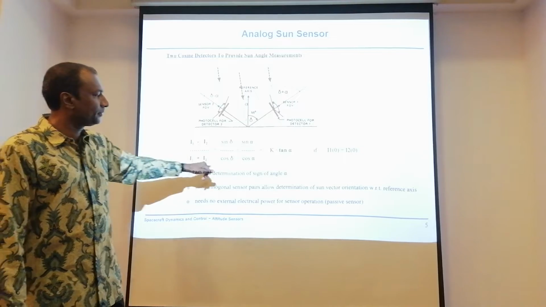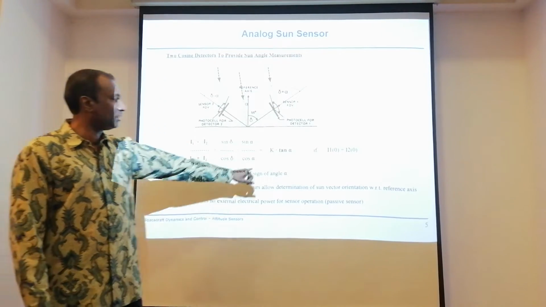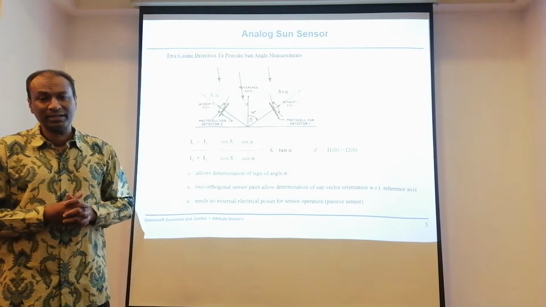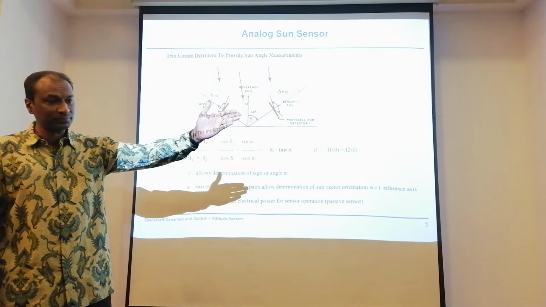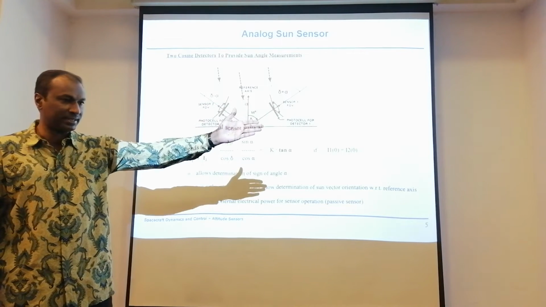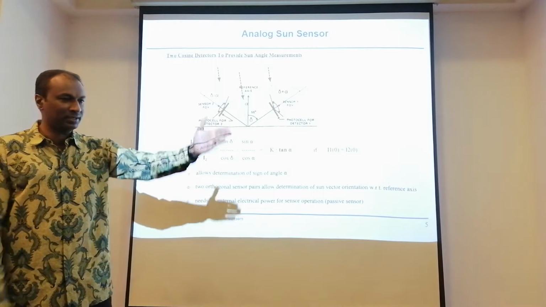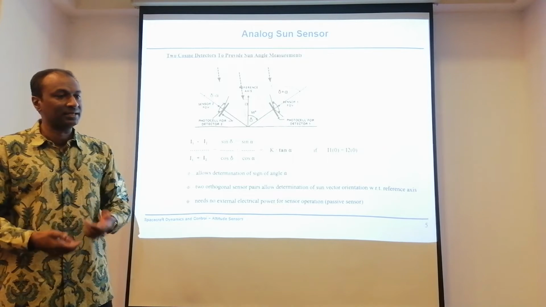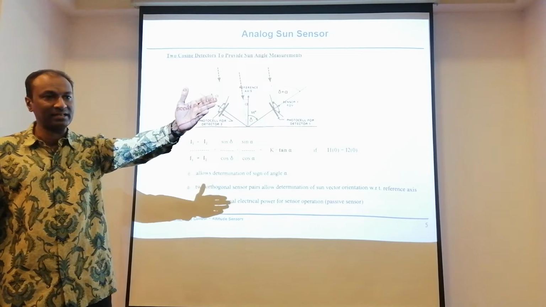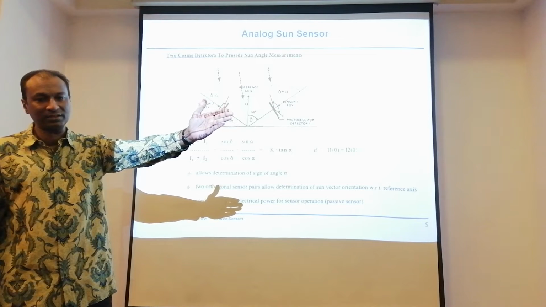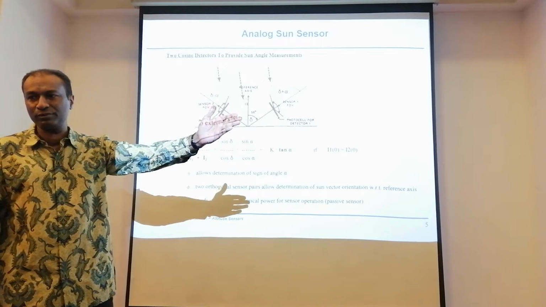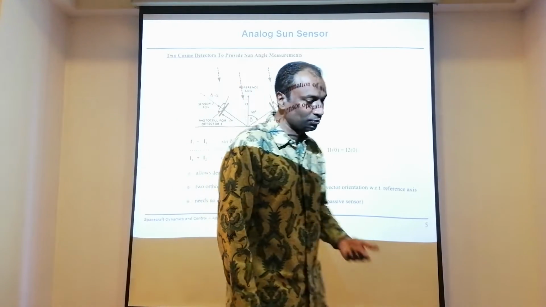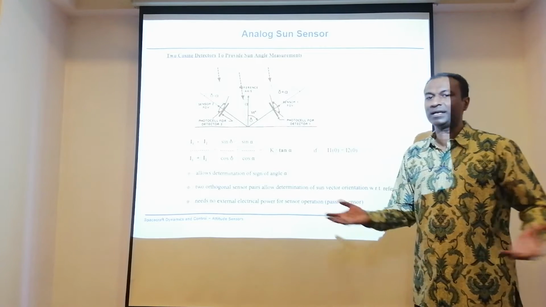I being the intensity. Now the K value has to be calibrated. Once the K value is calibrated, the manufacturer will give you, and the alpha angle can be calculated. So assume you are looking at, let's say, Z, and the sun is at the back of you. Technically, you can have these two photocells looking at the sun. You run the algorithm, and I can tell you exactly how much my negative Z is deviated with respect to the actual origin. So that gives you the alpha. That is easy to find. So you must have two. Again, it works only in the sun phase. In the eclipse phase, you can't have this.